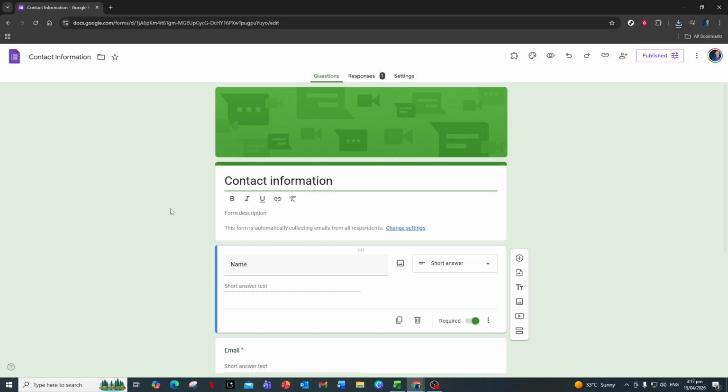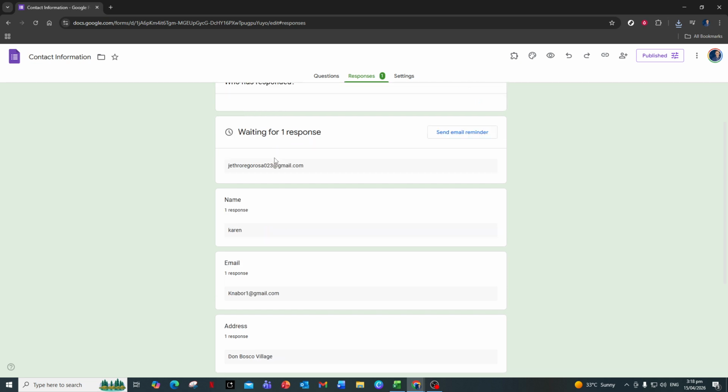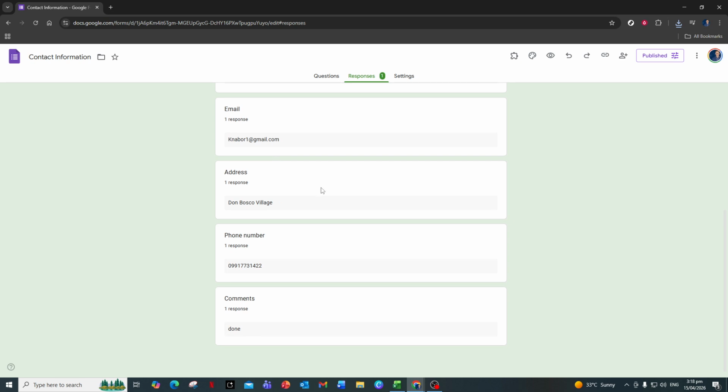Once your form is open, look toward the top of the screen. You'll see two main tabs: Questions and Responses. Click on the Responses tab. This is where Google Forms collects everything people have submitted. Take a moment to look through the summary, question, and individual views so you know what kind of data you're